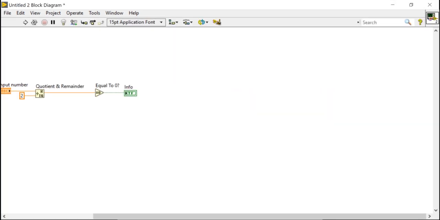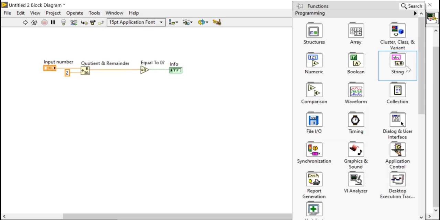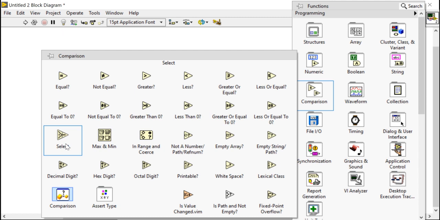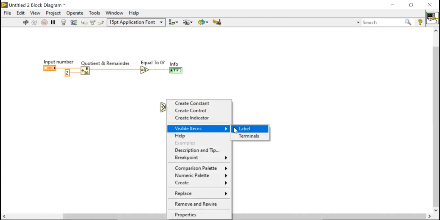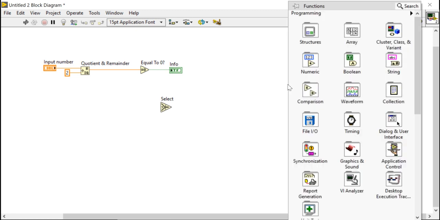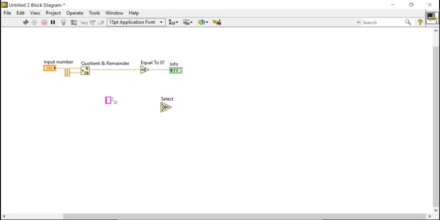Look here, all of you. Please try to watch step by step. Right click, come to the comparison, take a select function, place it here and open the label. After that, take a string constant and place it here and write even number.